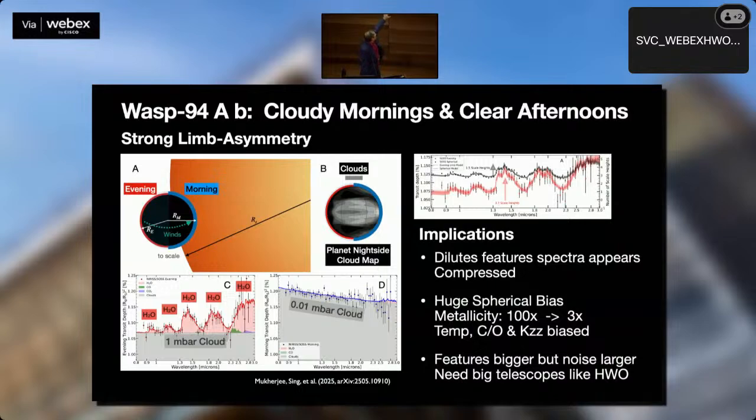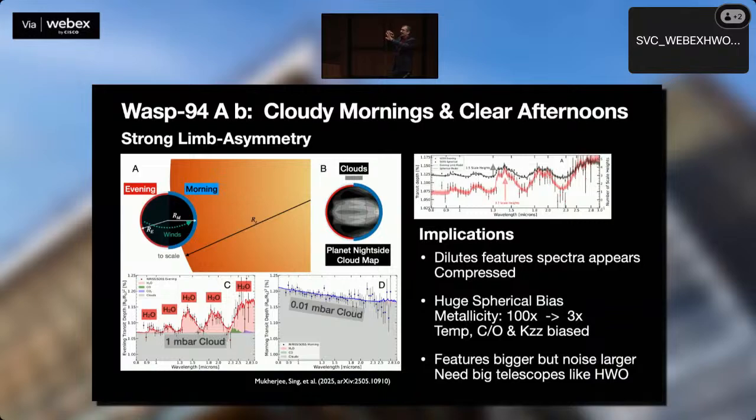So here in red, you see the transmission spectrum from the evening side of the planet. And now you see very large water features. Remember, this is the same data as I just showed. Very strong water features, and the cloud is confined to millibar or lower. And on the morning side, you see a very high altitude cloud covering all of the features.